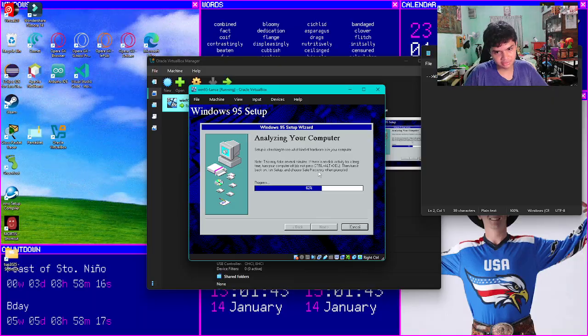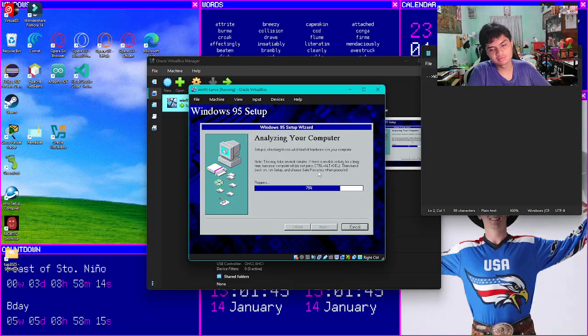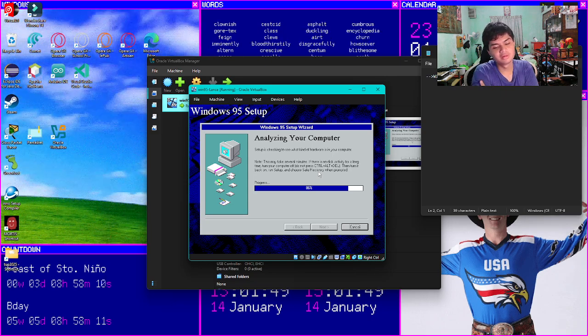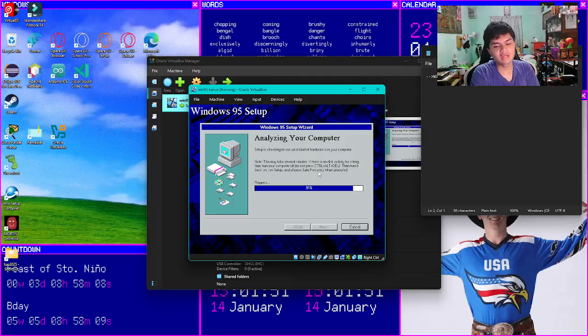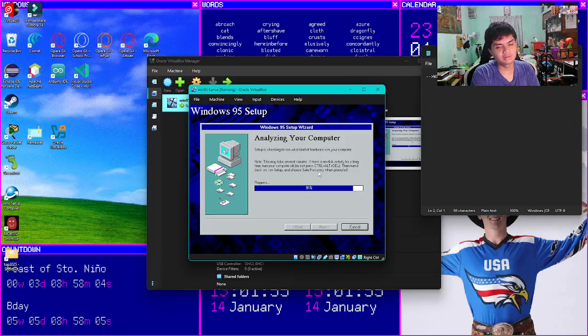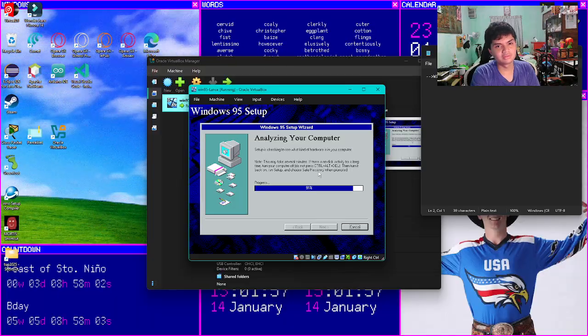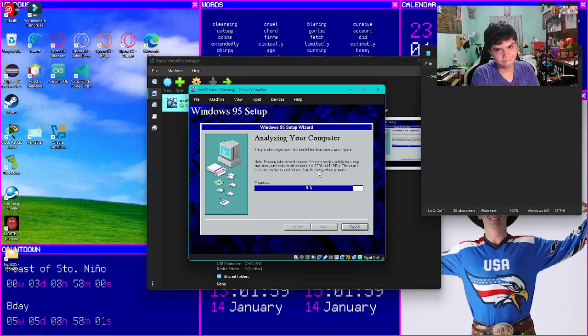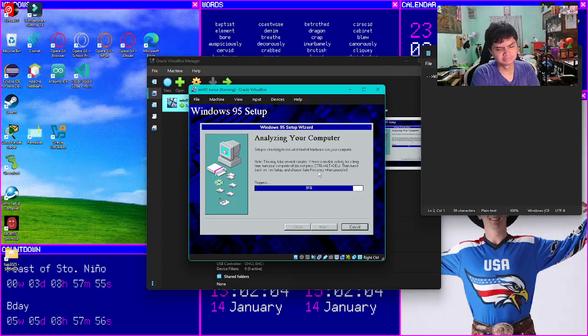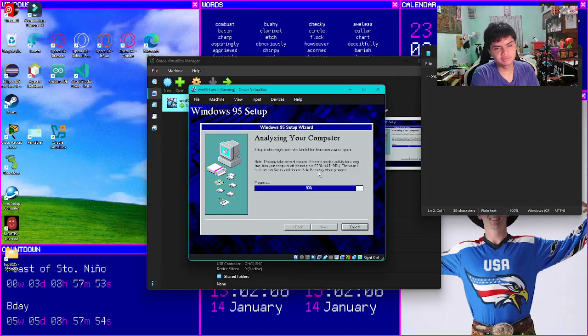It would take a while back then, because it's analyzing the computer from top to bottom to find any lapses in your system or anything in between. So we're just gonna wait for it. Yeah, around 93% now.